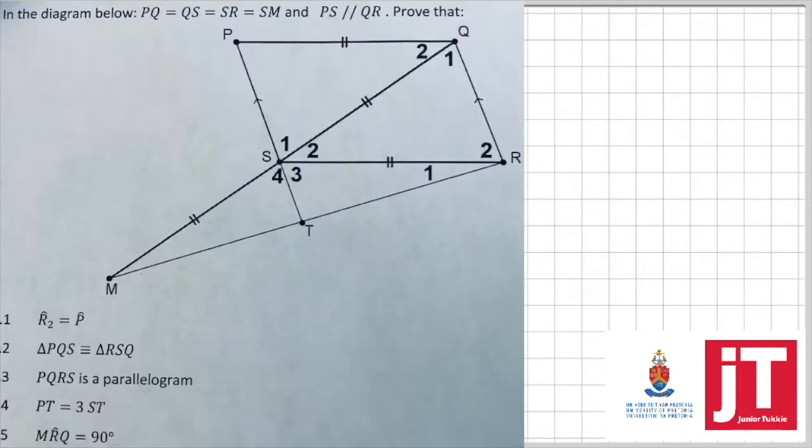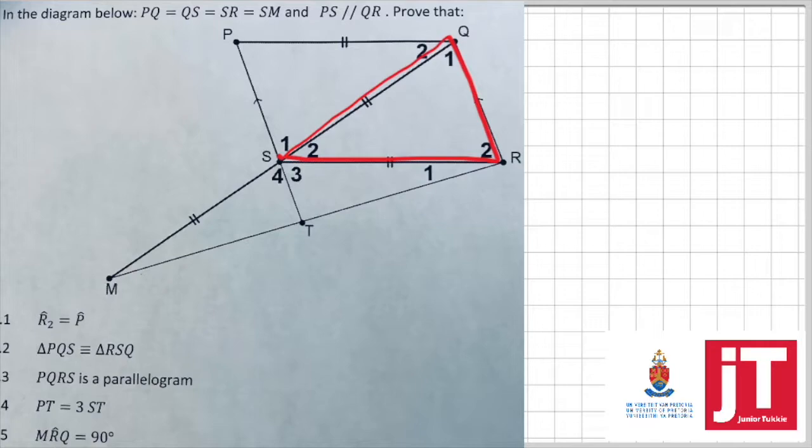We are told that in the diagram below, PQ is equal to QS equal to SR equal to SM, and that PS is parallel to QR. Prove that, number one, R2 is equal to P. To prove that R2 is equal to P, I'm going to start by working in the following triangle, the